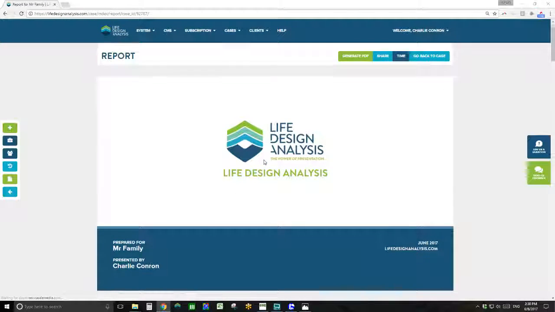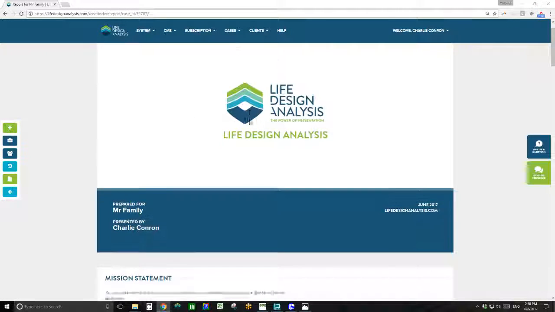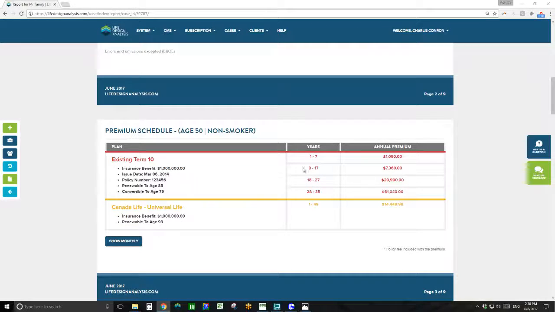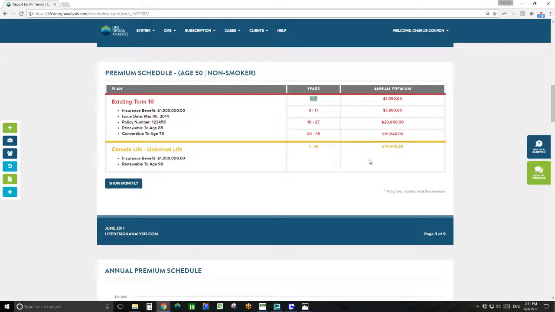Okay, so we've got our report here again, just like that. Our logo goes here. Whatever we're actually comparing for Mr. Family goes there. And again, you can see in here I've got my premium schedule, which, because we gave it that issue date 3 years ago, you can see it's actually adjusted that premium schedule to reflect that we're coming up to that renewal a lot sooner. Again, we're comparing it to a universal life, which has a $14,000 premium, which is significantly higher than they're paying right now. However, what we're going to show is that as time progresses with this term plan,